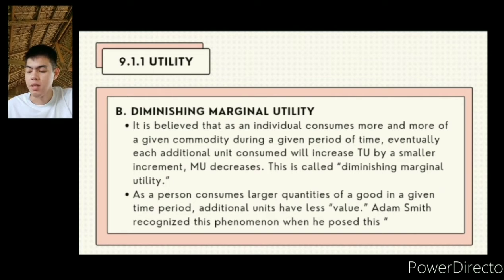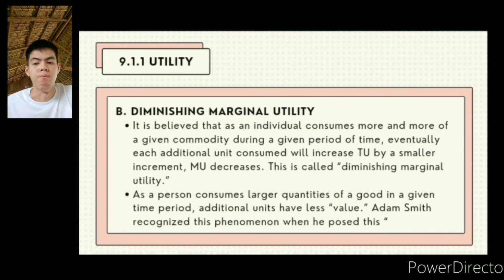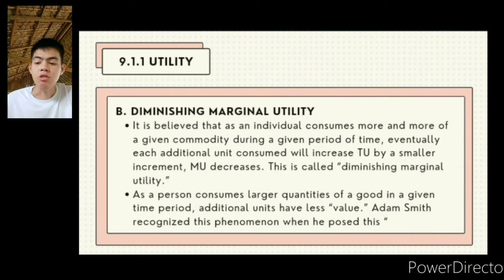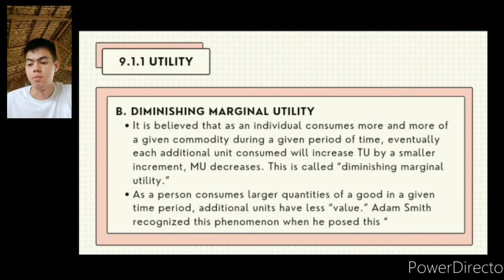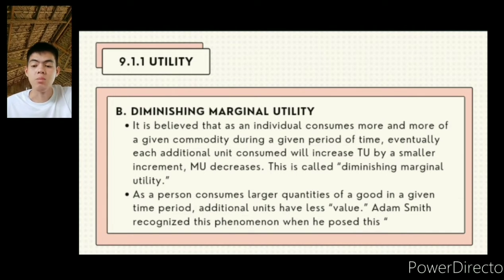Ayon kay Adam Smith, if the person consumes larger quantities in a given period of time, then the additional unit has less value. He recognized this phenomenon when he posed the diamond paradox. Obviously, the water has more utility than the diamond. But in this case, even if the water is plentiful, the marginal value or price is lower than the diamond